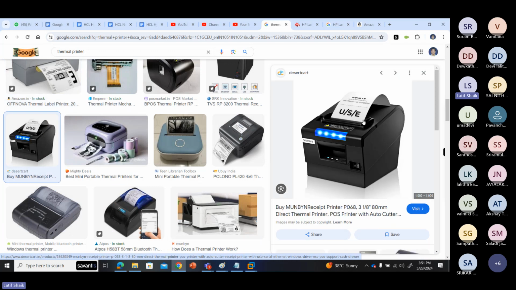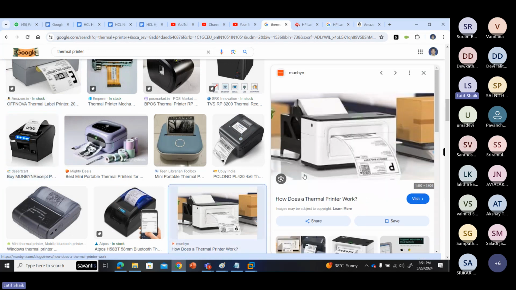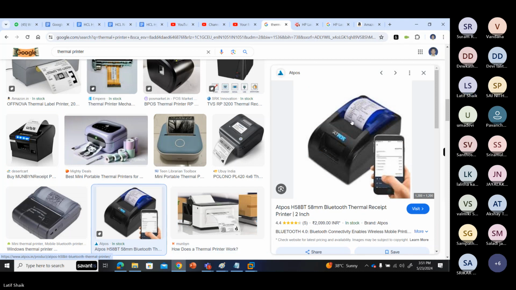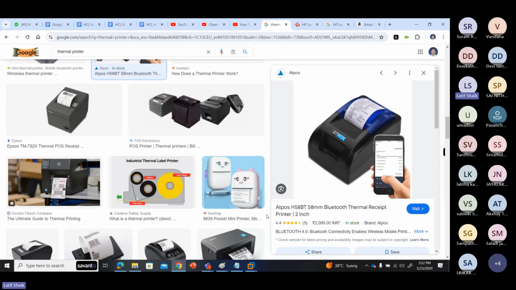If you touch the paper, you can understand how smooth it is. It's a chemical coated paper. So the paper actually burns instead of